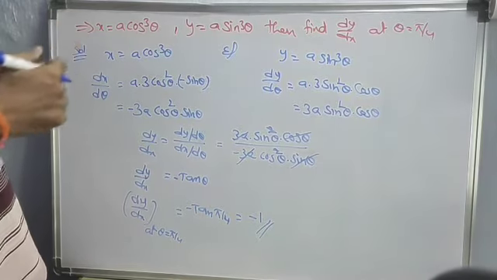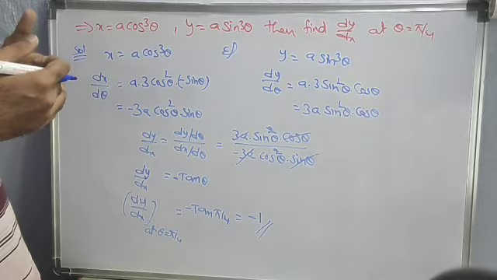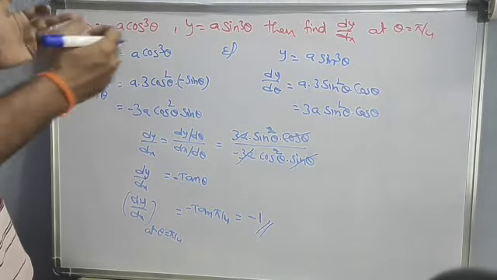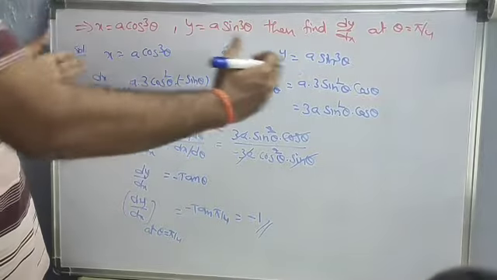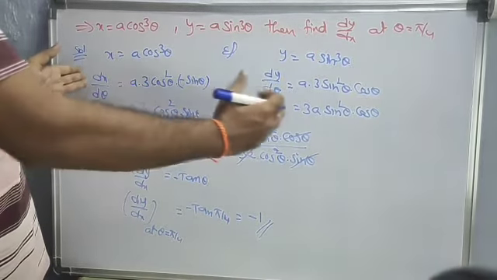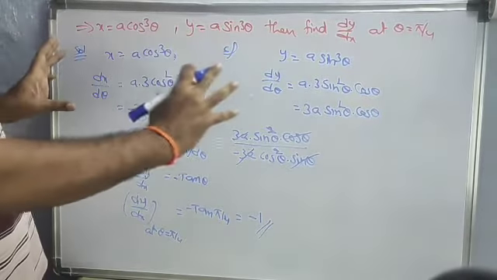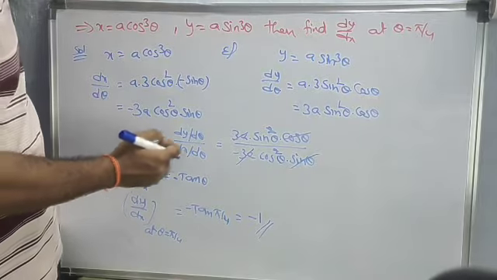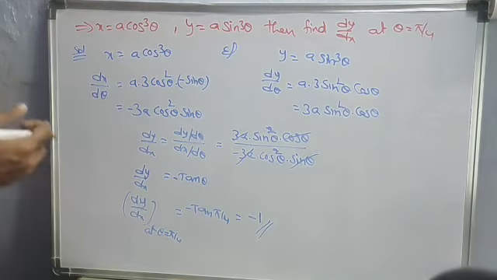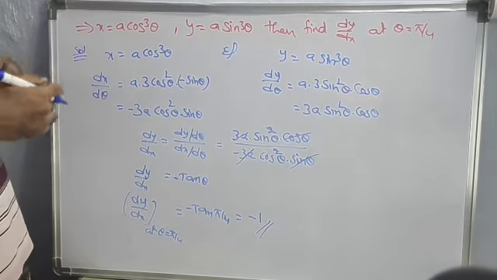Here different functions are given in our textbook. In the textbook we have many problems, and I am just taking one like this. Better you do the differentiation on both sides, then you can get an easy idea. So here dy by dx means y and x are in terms of θ. Understand? So like this we can solve this problem.